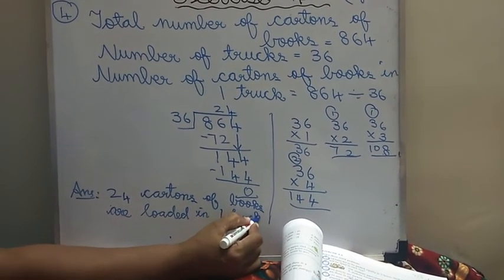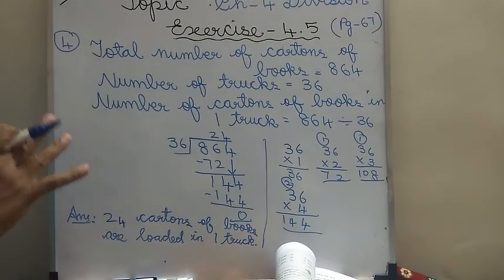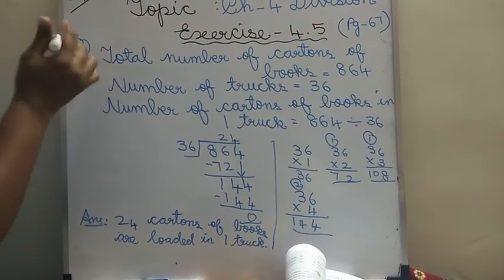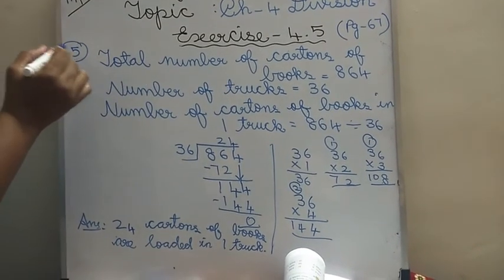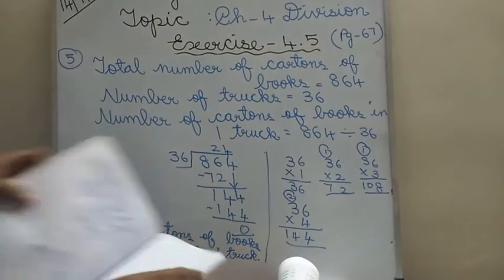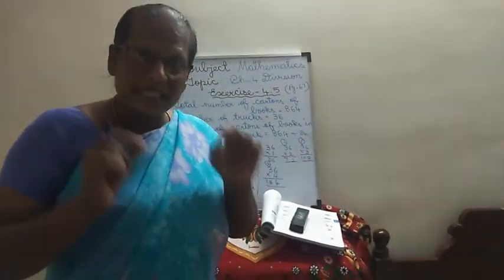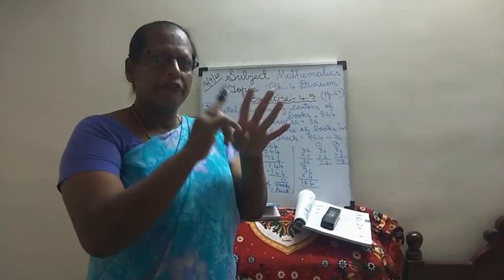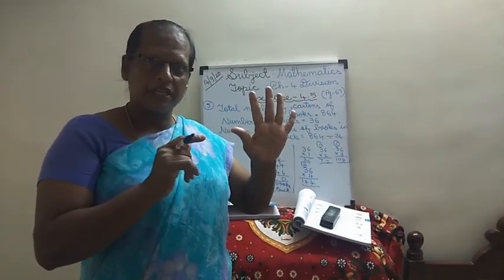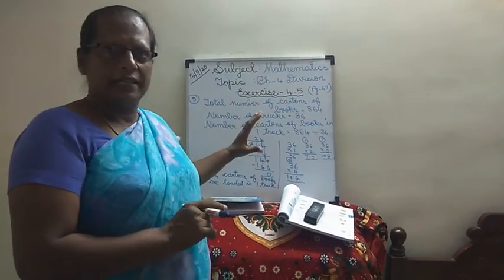Okay, children, what you have to do? Only see, this one is the 5th sum. Understood, children? This is the 5th sum. Sorry, I have put 4th sum. Okay, children, what you have to do? You have to copy down the questions: 1, 2, 3, 4 and the 10th sum. Understood, children? So 5 questions. You write the question and then you write the answer.